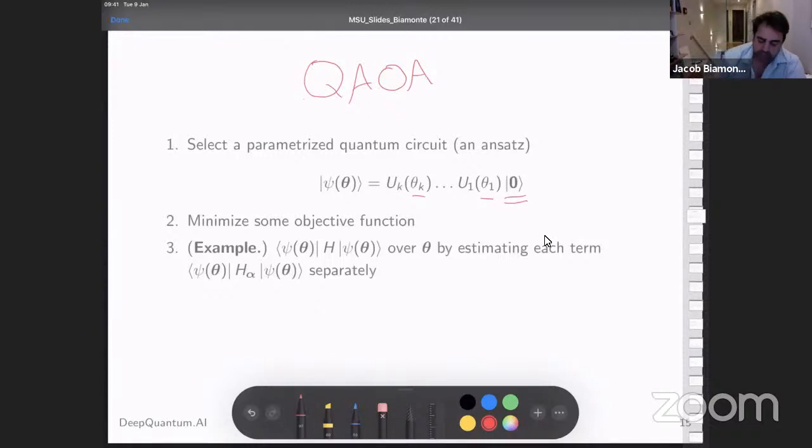What you would like to calculate, for example, is the expected value of some Hamiltonian. So how would you do that? Well, you would prepare a state, then make measurements at the end, and from those measurements you would calculate the objective function in the language of computing. That objective function could be, for example, the expected value of a Hamiltonian, so it could give you some energy. It'll assign some energy value to your state.